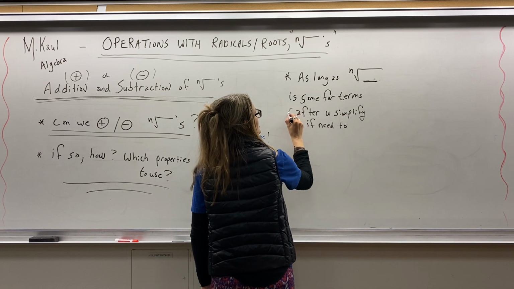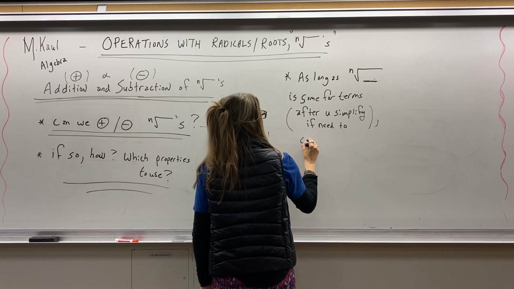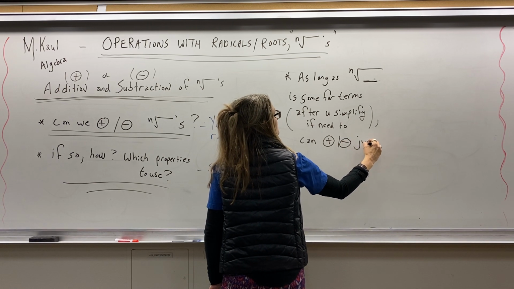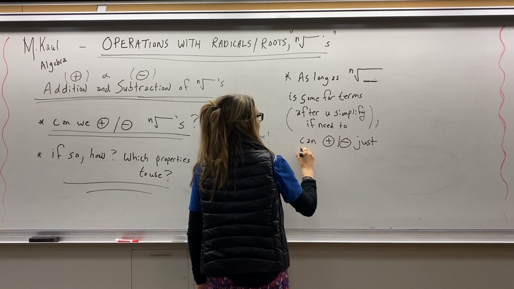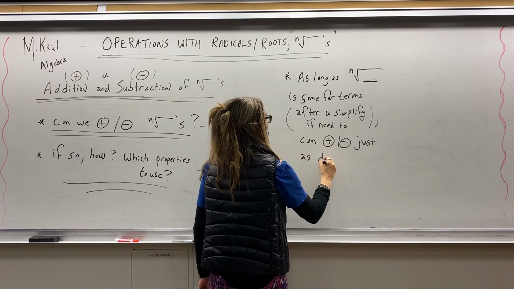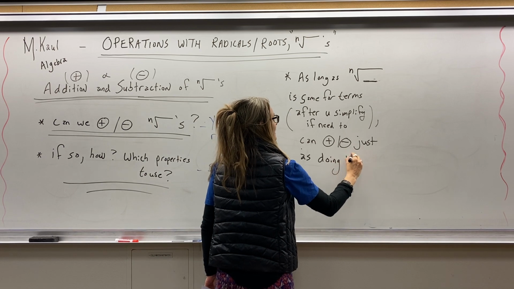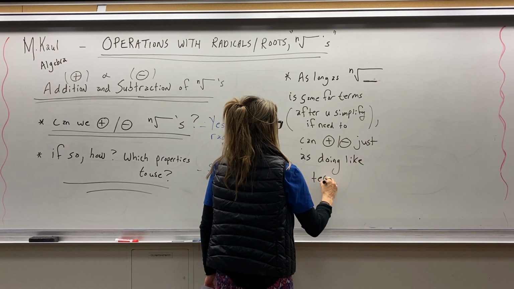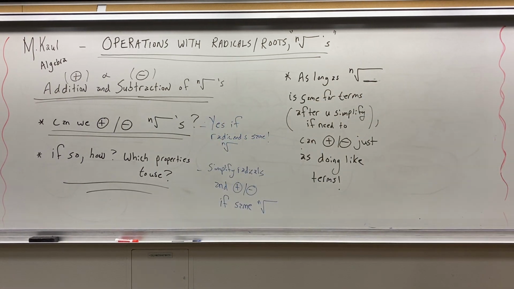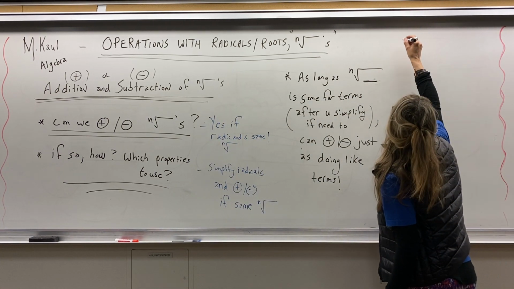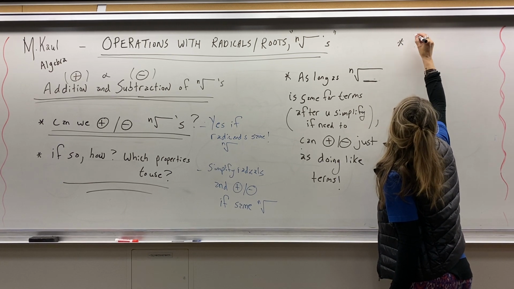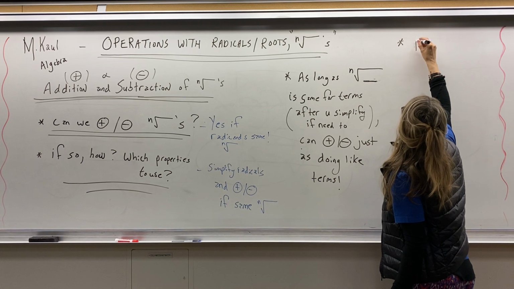Okay, so after you simplify if you need to, you can add, subtract, just as if doing like terms. I don't want to say like terms because that's a little bit of a confusing statement. So here's our basic pattern or the properties